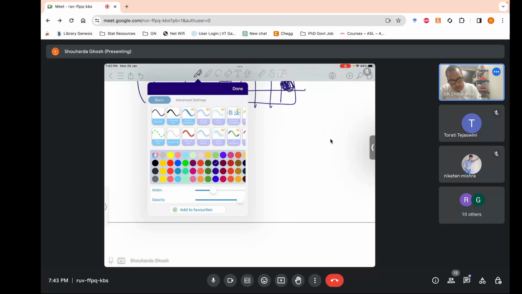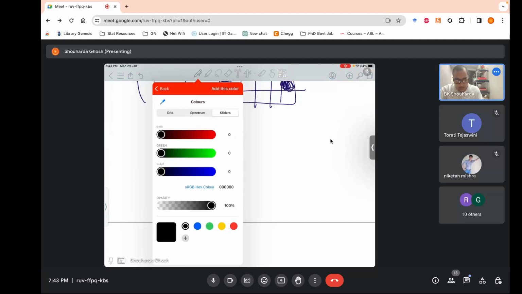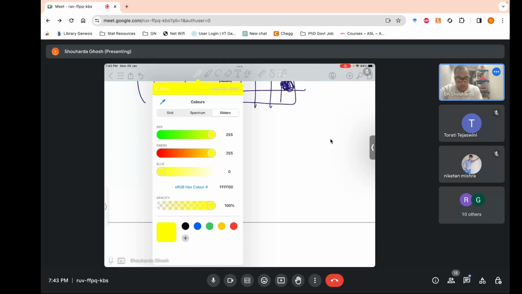We have three scales. Something interesting. Look over here. There's a choice for me to choose the color of my pen. There's red. See the numbers. Red goes from 0 to 255. Right? Green can grow from 0 to 255. Blue can grow from 0 to 255. Okay. So there's this RGB color indexing. You have heard of RGB quite often. So what is actually happening?